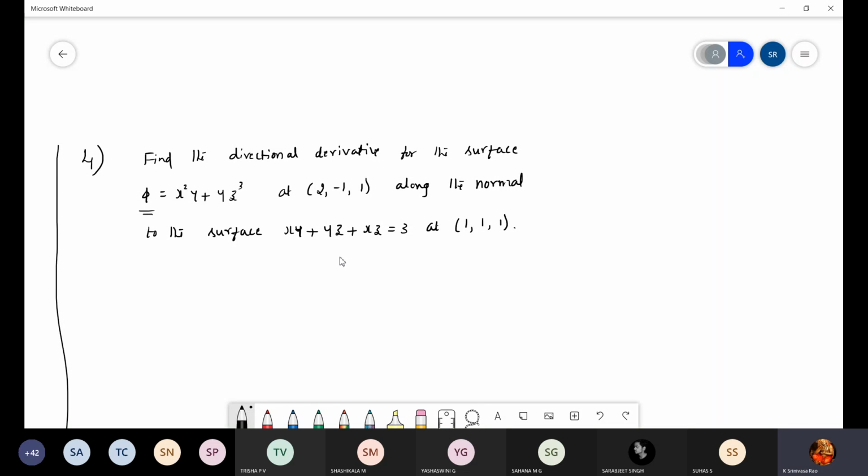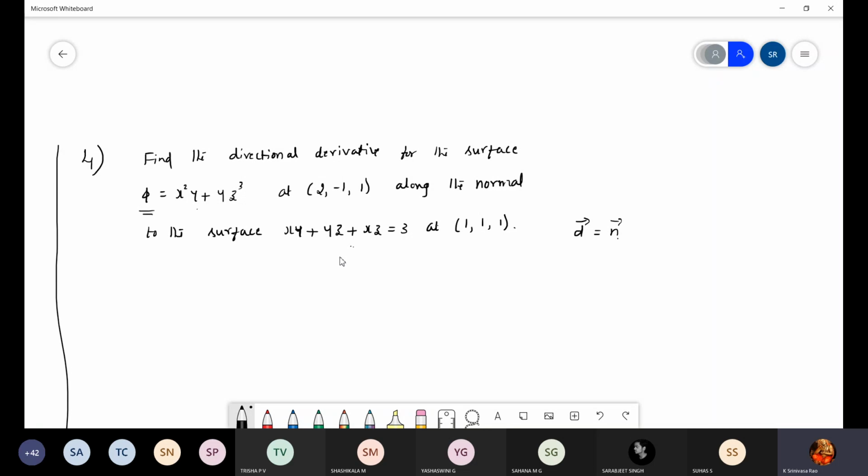Along one directional vector we required d. D is given indirectly along the normal. Normal is nothing but vector n. What is the formula to calculate a normal vector? Yesterday we solved how to calculate normal. It is grad phi. That phi is given as another surface, xy plus yz plus xz. This is another phi. For the directional derivative, grad phi is the first one, first surface.